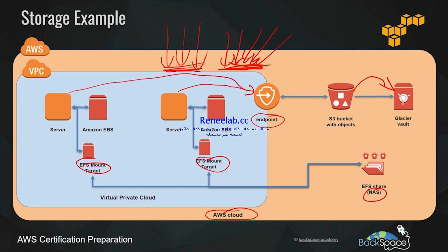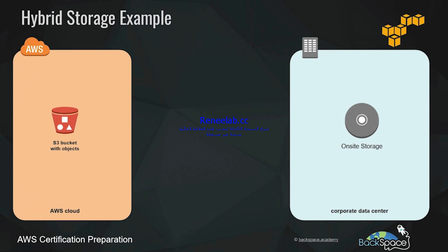So let's have a look at a hybrid storage example where we've got on-site storage in a corporate data center, and we've also got that stored in the AWS cloud in Amazon S3. Why would we do that? Well, it's great for a disaster recovery solution because it provides high-speed access to our data in our corporate data center, and at the same time, we're taking advantage of the durability and availability of Amazon S3 as a disaster